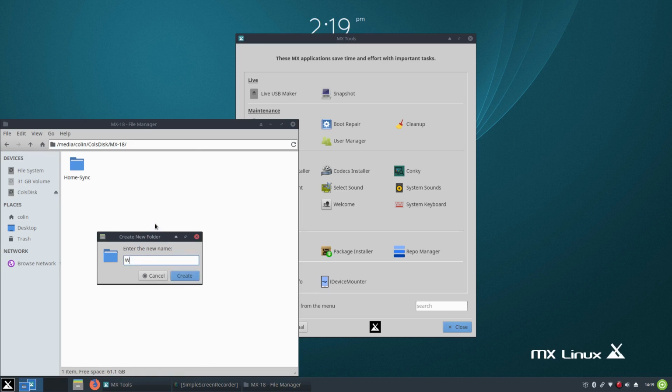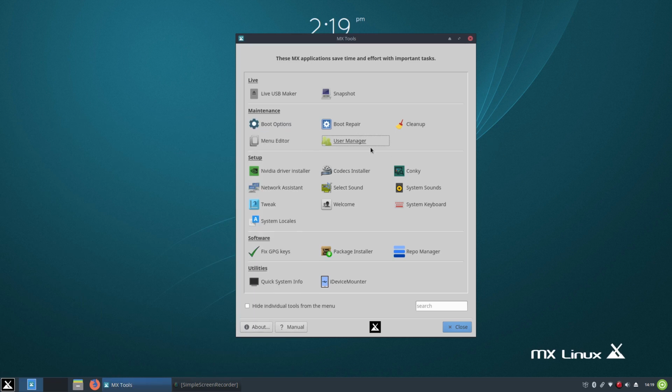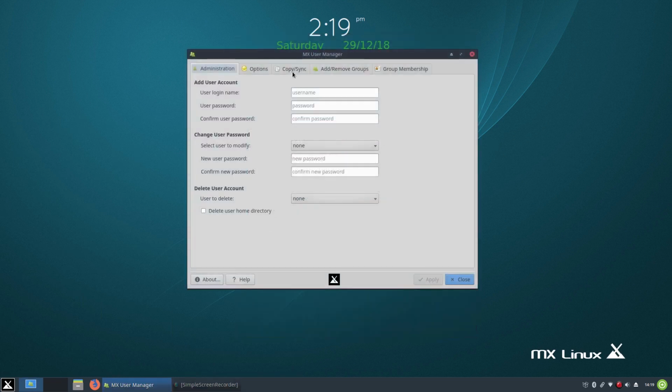Firefox, or maybe web browser sync. And let's create that. Okay, so what we're going to do is go to user manager, copy sync,